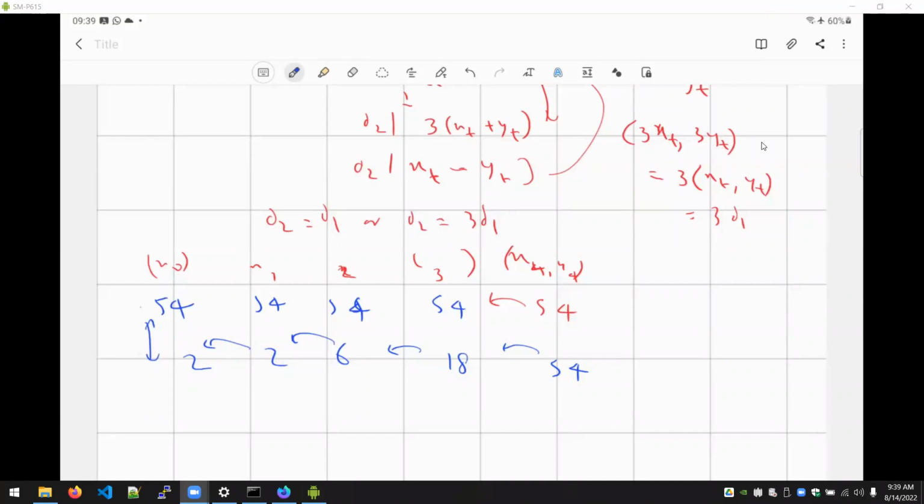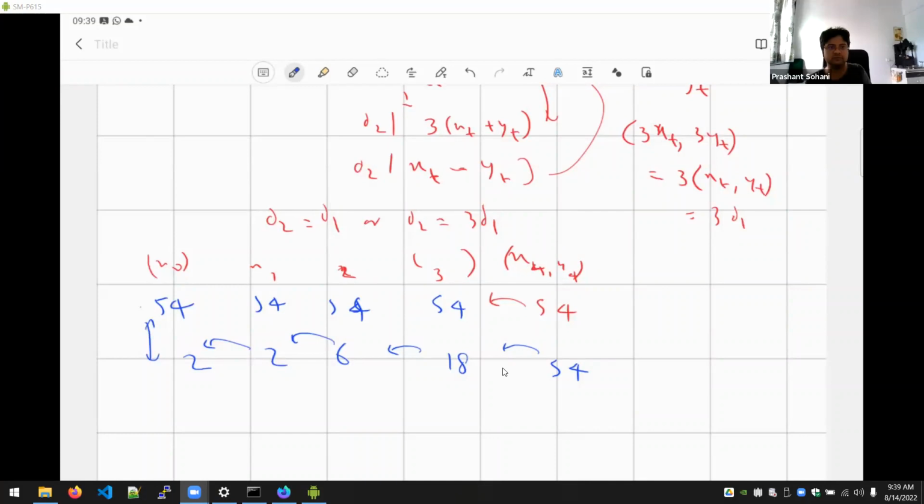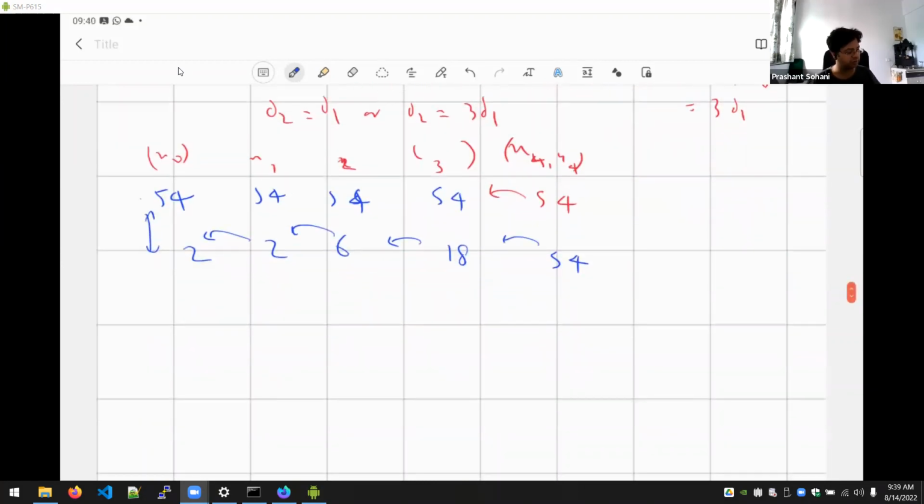Yes, sir. So is it possible that for some time it goes, for example, from 54 to 18, and then it remains constant without fully being divided by 3? Yes, that is possible. In fact, somewhere in between is also possible, that it may go to 18 and then remain 18 till the end. But because we are interested in the minimum and maximum range, I took these extreme examples. But something in between can also happen.